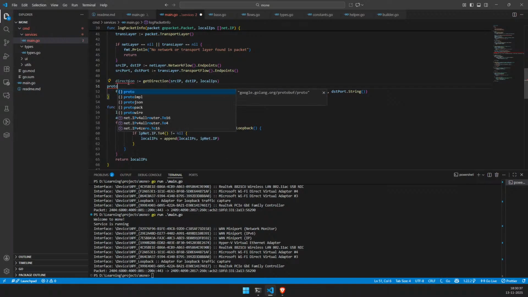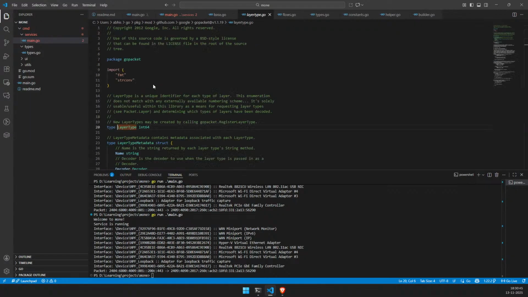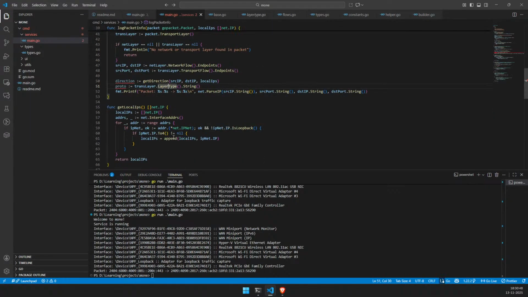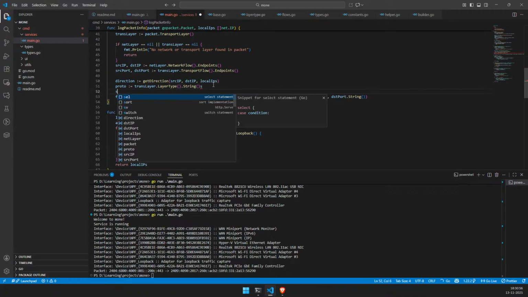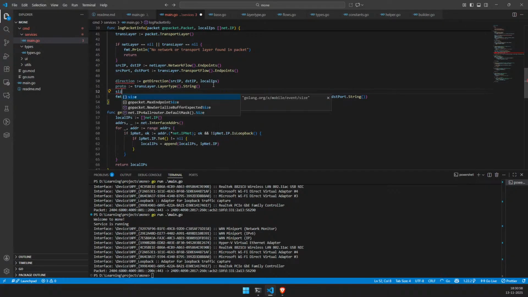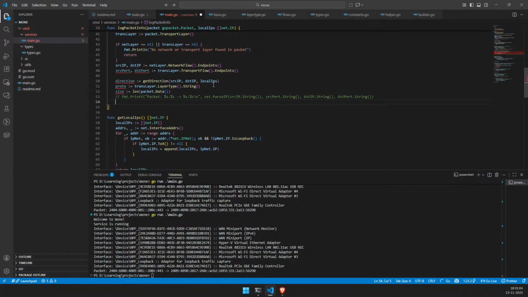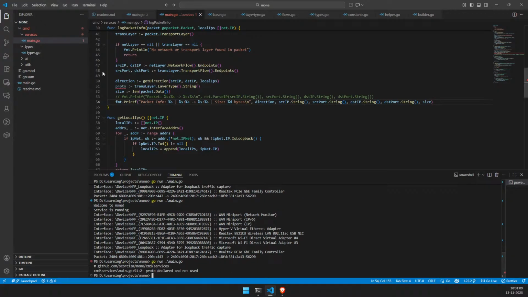What this protocol will be is the layer type. Okay, so the layer type can be IPv4 or IPv6. And we also need the size of the packet data. Let's log this in a good way. Proto is declared and not used, but we will use it. But size, packet info,